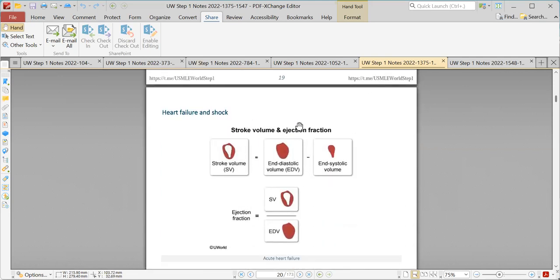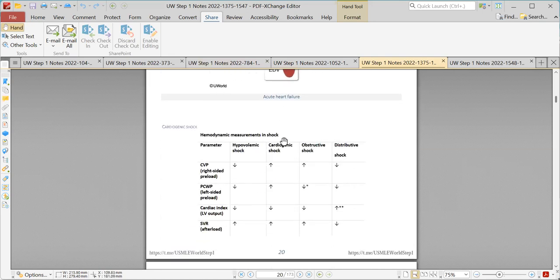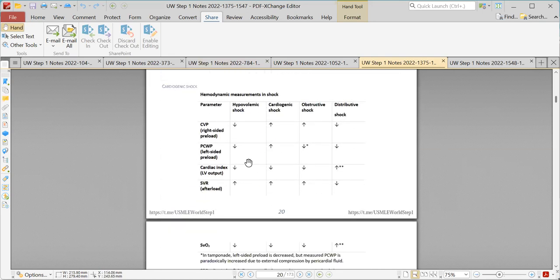Stroke volume is end-diastolic volume minus the end-systolic volume. So this is really important. These are the types of shocks and what happens in them. There are many questions from this area because it's really important. So what is important here is that